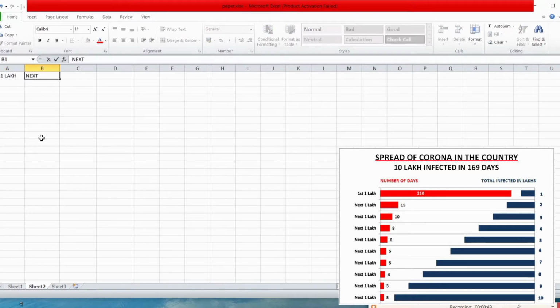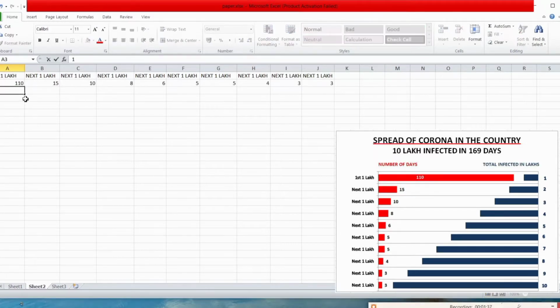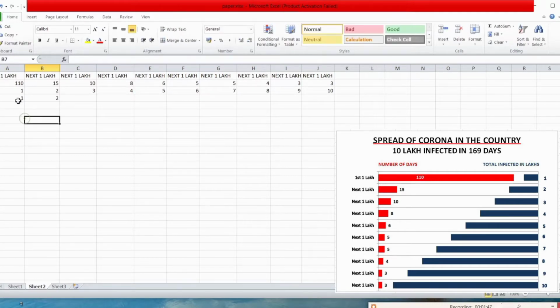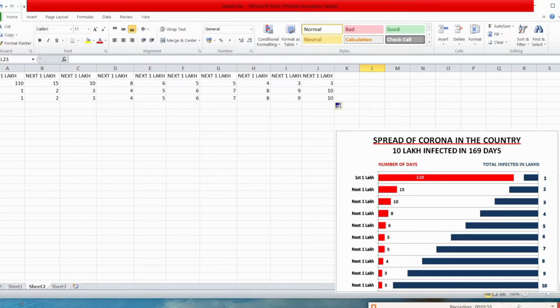Next 1 lakh. And I will write the whole data. Okay.